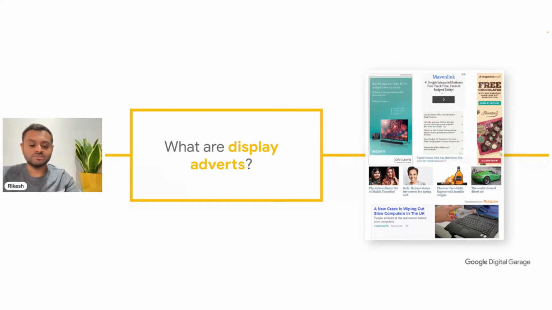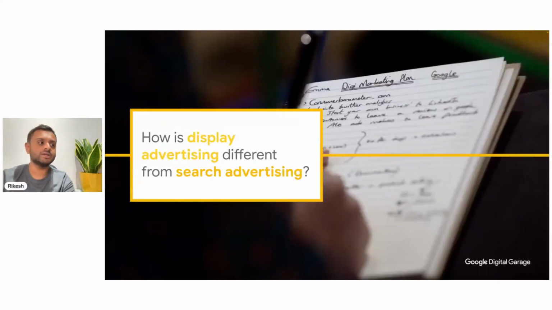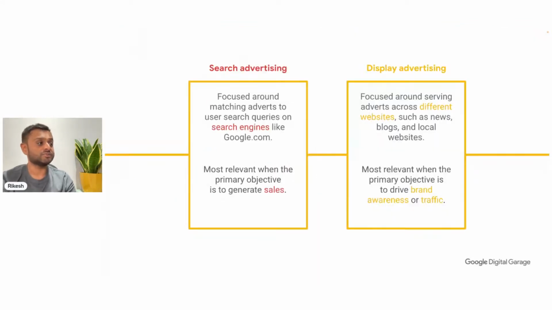So how do display adverts differ from what we've just spoken about with search advertising? Search advertising, what we've literally just spoken about, is where we place an advert, especially text-based ad versions, that appears exclusively on search engines like Google. And the main objective with these types of adverts is very much to generate